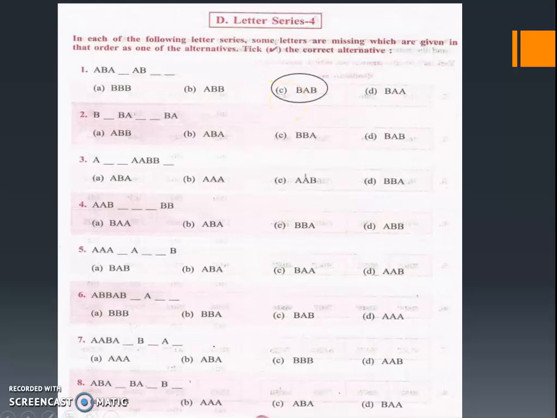Okay? Next, come back for this. So B, A should come. B, A, B, A, B, A. Correct. So here A, B, A. So where is it? A, B, A. Here it is. So that I have to mark. It's very, very easy, right? So just come back for this. So here A is there. Two letters are missing. Again double A, double B is there.